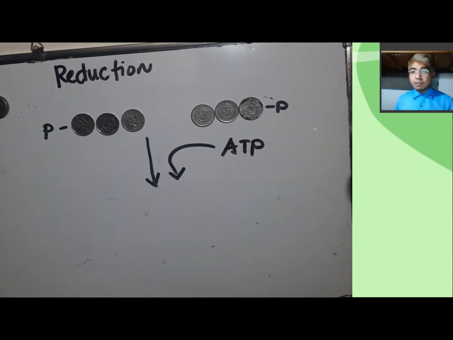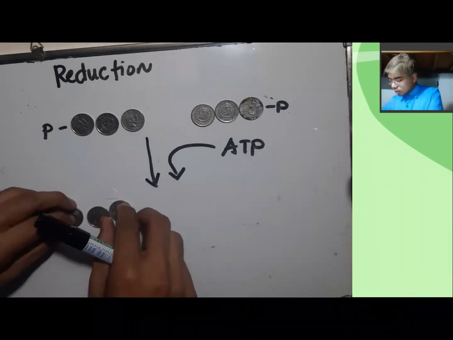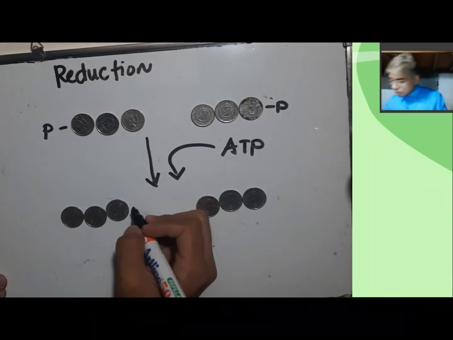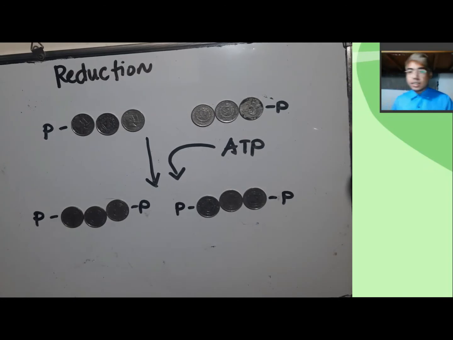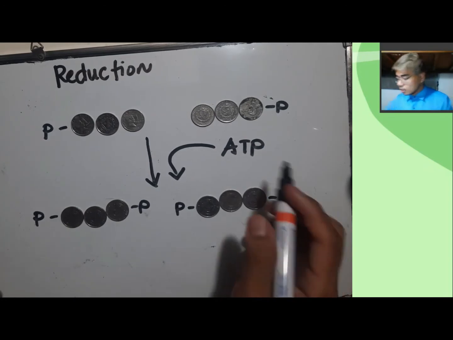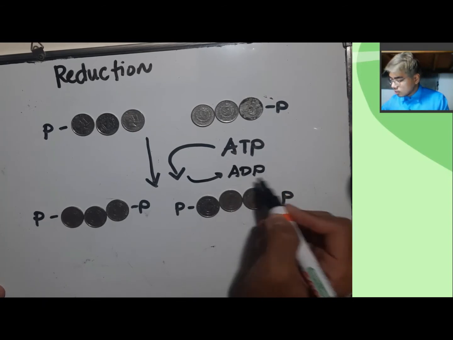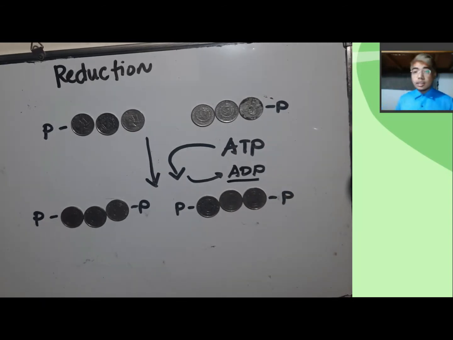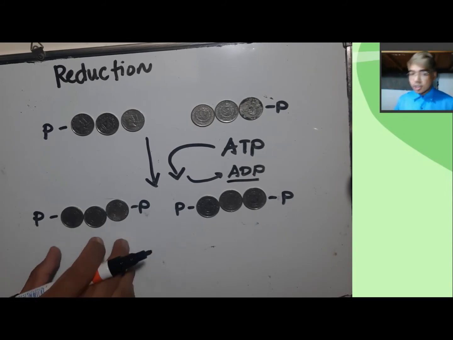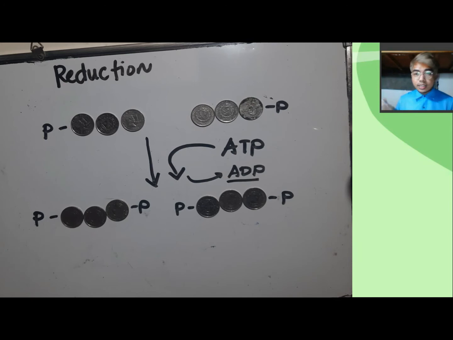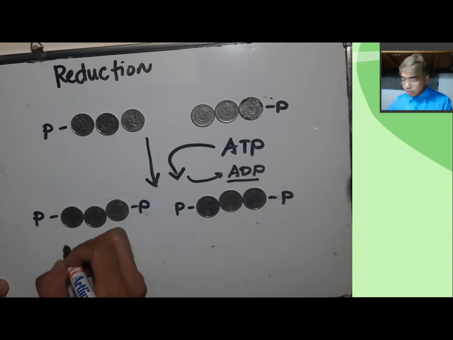When ATP enters, it releases its 3rd phosphate, releasing adenosine diphosphate, and the phosphate will be attached to the 3-phosphoglycerate, creating a new compound known as